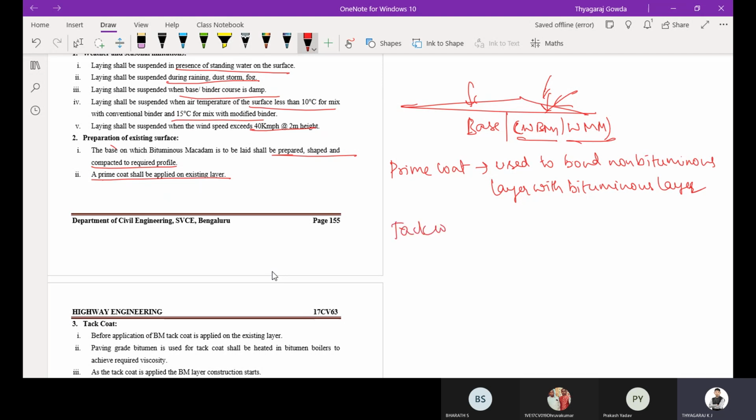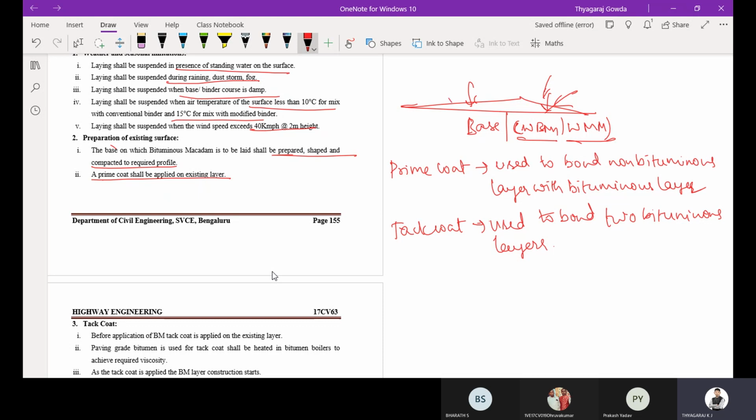Then tack coat. What do you mean by tack coat? It is also liquid bitumen, used to bond two bituminous layers. So prime coat is used to bond a non-bituminous layer, and tack coat is used to bond two bituminous layers.